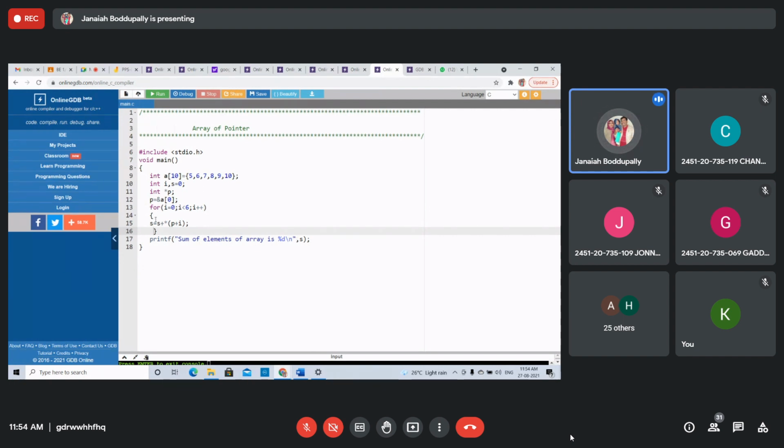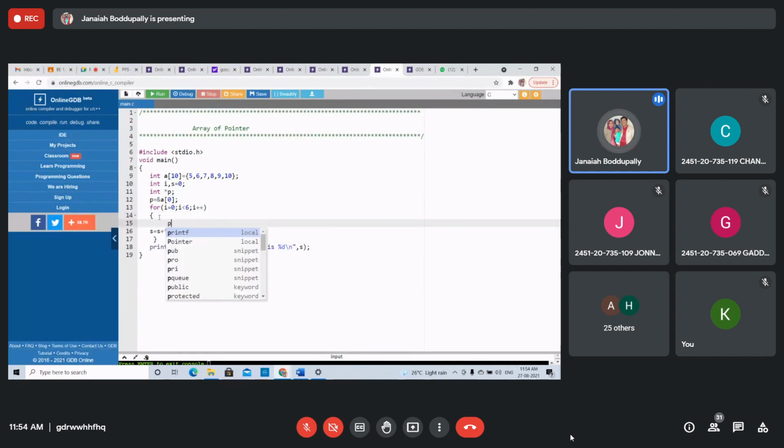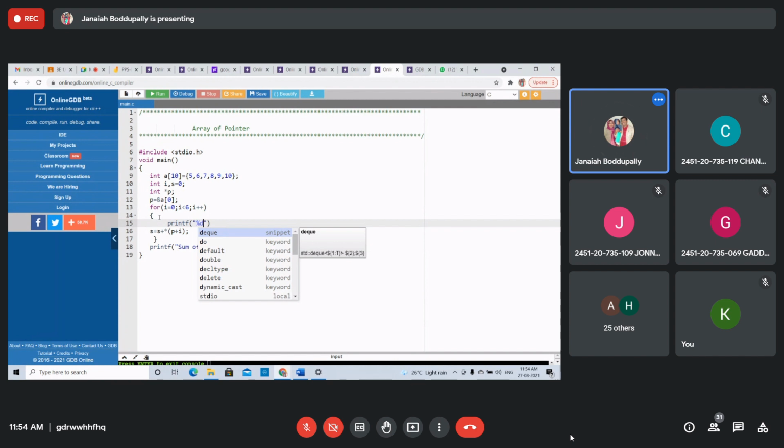If you want to display the elements every time, printf percent d, star of p plus i.